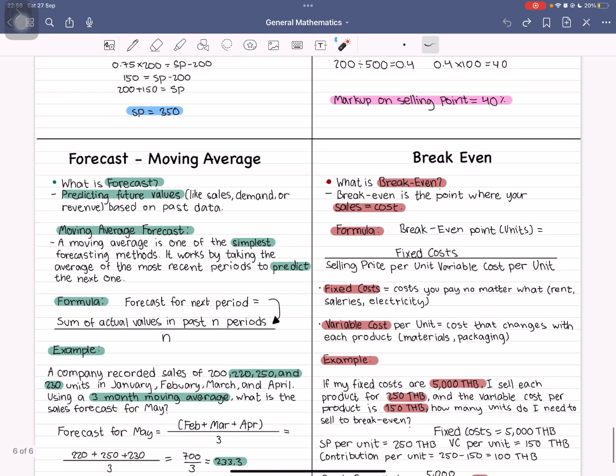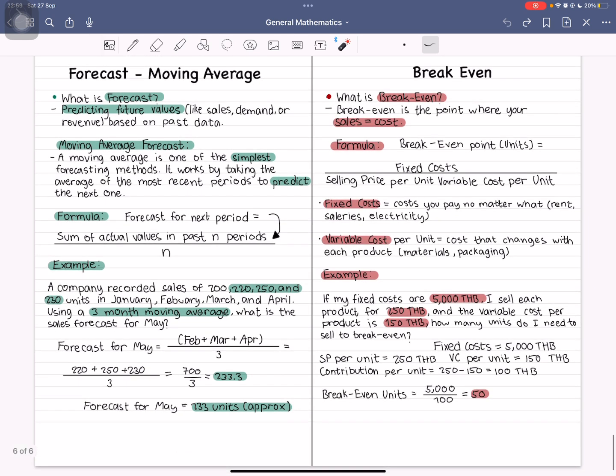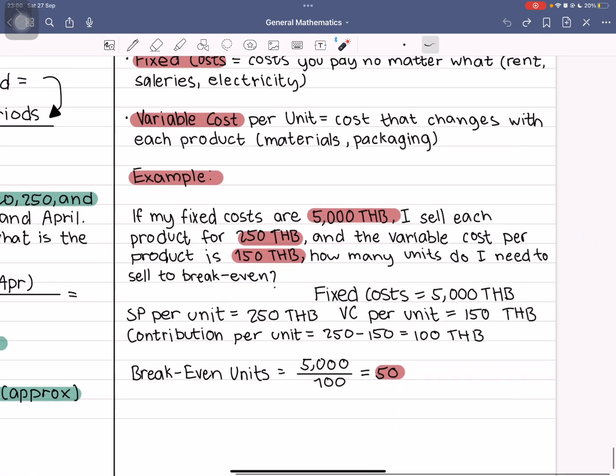So what is fixed cost? Fixed costs are costs you pay no matter what, like rent, salaries, or electricity. And variable cost per unit is cost that changes with each product, like materials and packaging. And one of the examples that I have given is if my friend